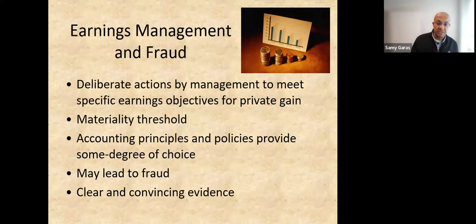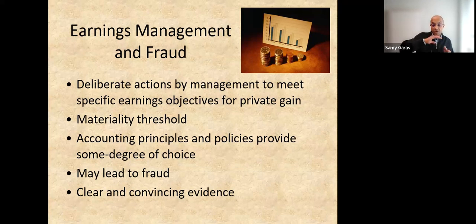Now let us go to the management. Why is the management committing fraud? The biggest part or the main reason is that the management needs to get a bonus at the end of the year. The executive management is looking for some earnings, which we call earnings management, at the end of the year. If the company didn't do well, if the net income is not really good, if the financial situation is not really promising, the first thing the board of directors will do is not to give the management anything for that year. So the management might take deliberate action to meet specific earning objectives for their own incentives.